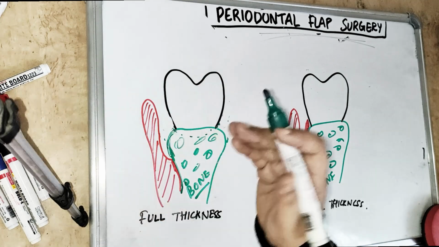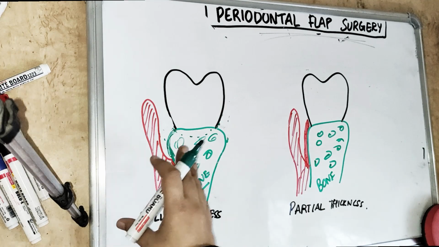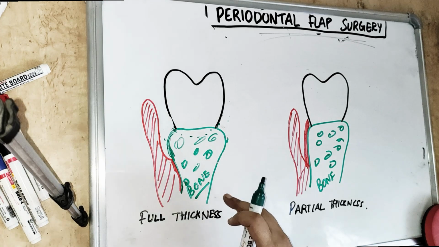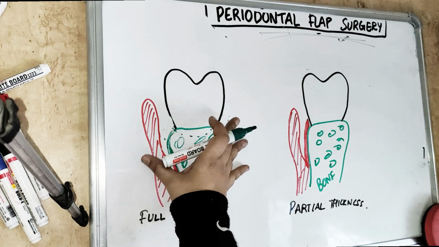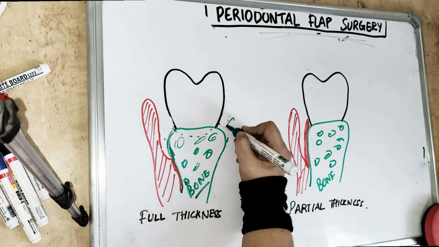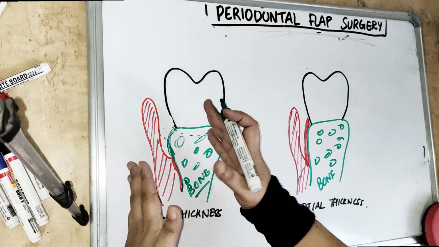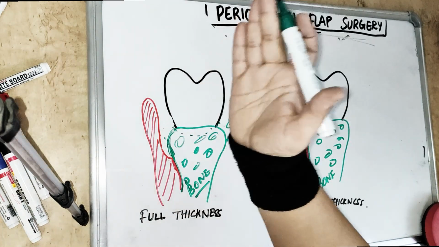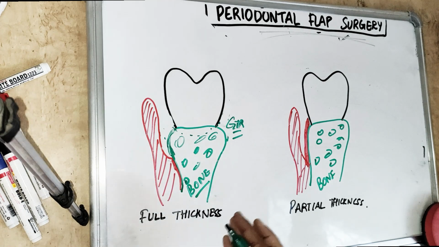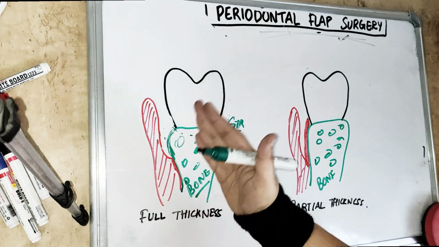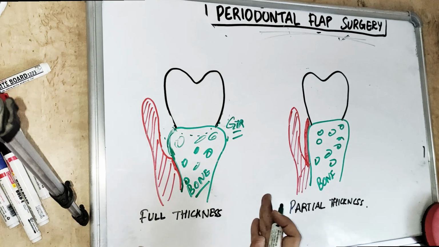Because we are reflecting this flap and directly hitting the bone surface, this includes the periosteum, and this full thickness flap, or we can say the mucoperiosteal flap, is used for the bone surgeries, the osseous surgeries, or if we want to do PDL regeneration, or place GTR. Then also we reflect the full thickness flap, because if you remember, we have to prevent the bone, connective tissue as well as epithelium. Or if you want to do any apically positioned flap, we have to reflect the full thickness of the flap, the whole thickness, and directly hit the bone. So that would be our mucoperiosteal flap, also known as the full thickness flap.